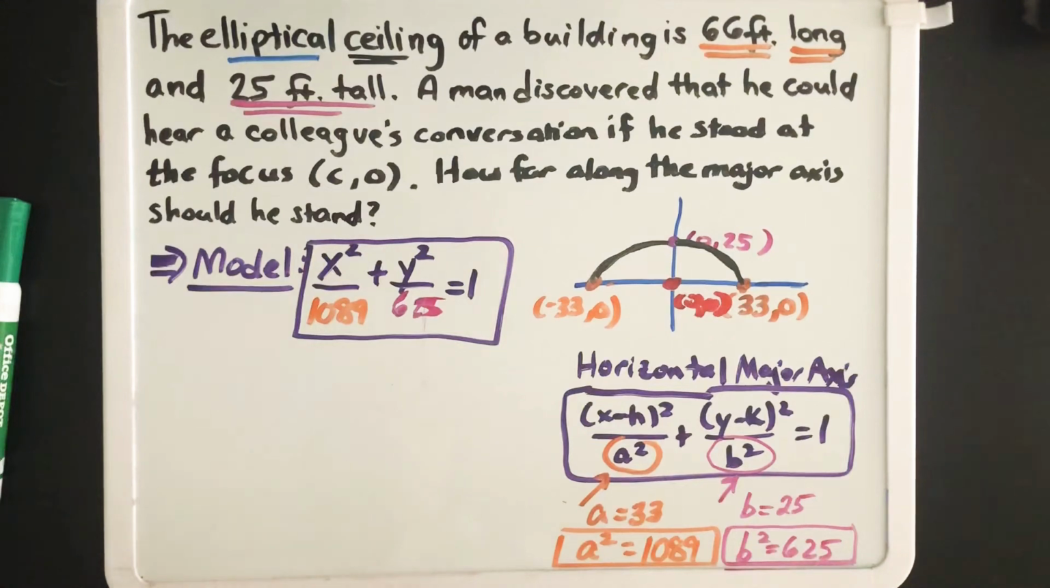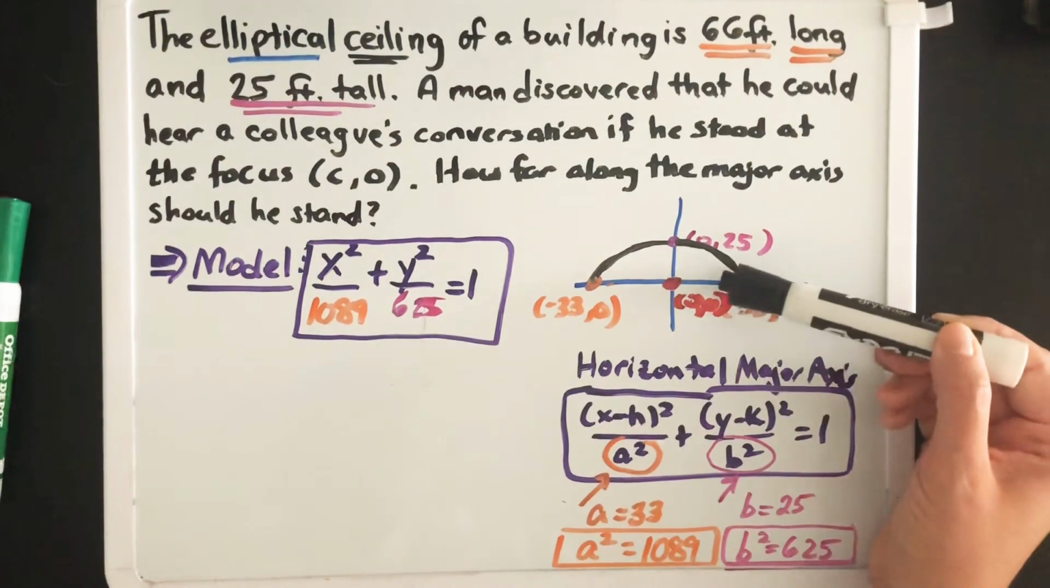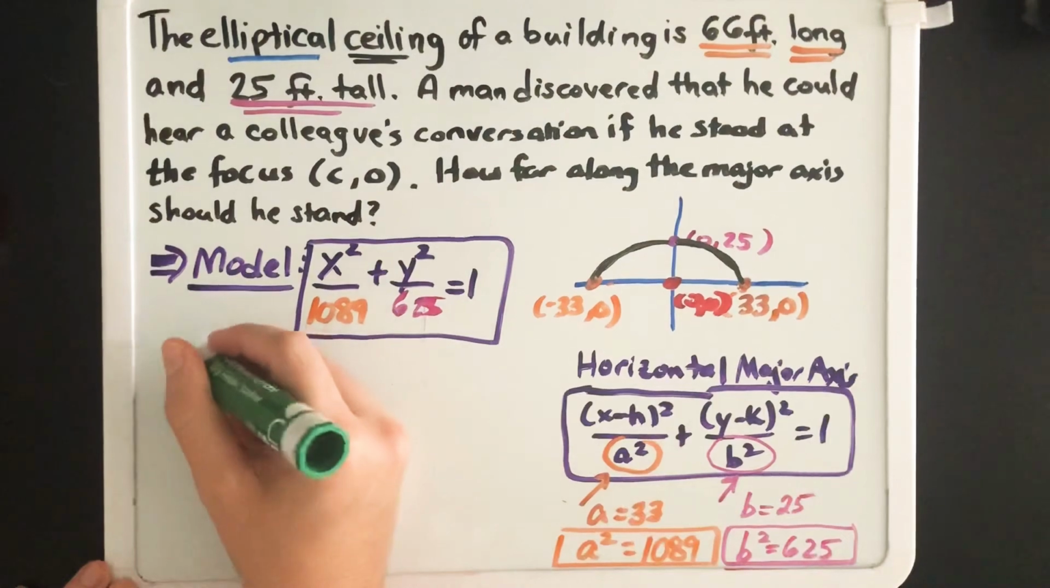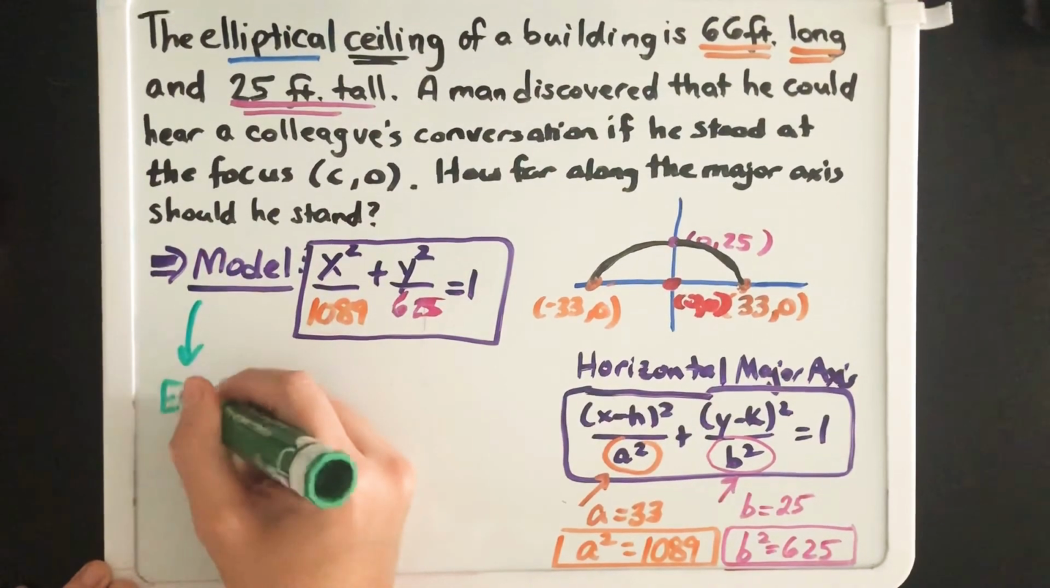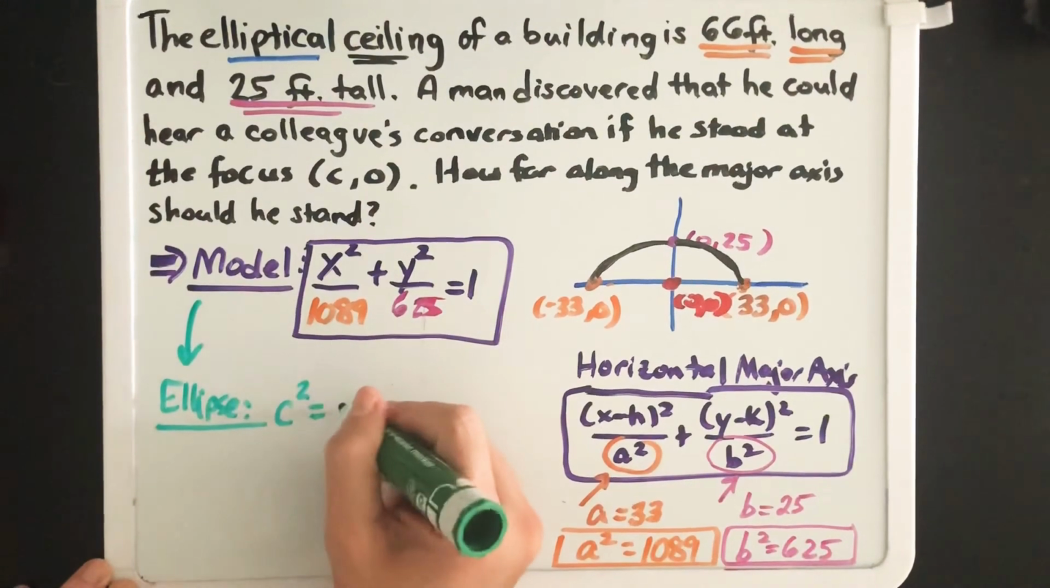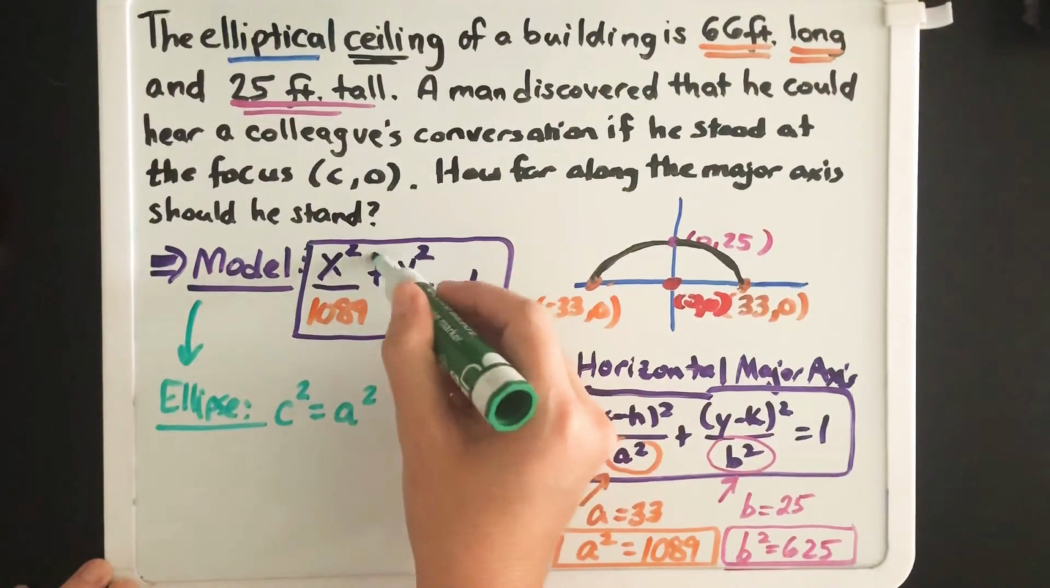Okay, so now we have the equation for the full ellipse, and we're simply asked to find where this person should stand. Should they stand here? Should they stand here? Where should they stand? They said let's go C units, left or right. In this case, C is positive, so we'll go to the right, and that's where we want to stand. But what was the relationship when we have an ellipse between A, B, and C? Remember that if you have an ellipse, the relationship was C squared equaled A squared,